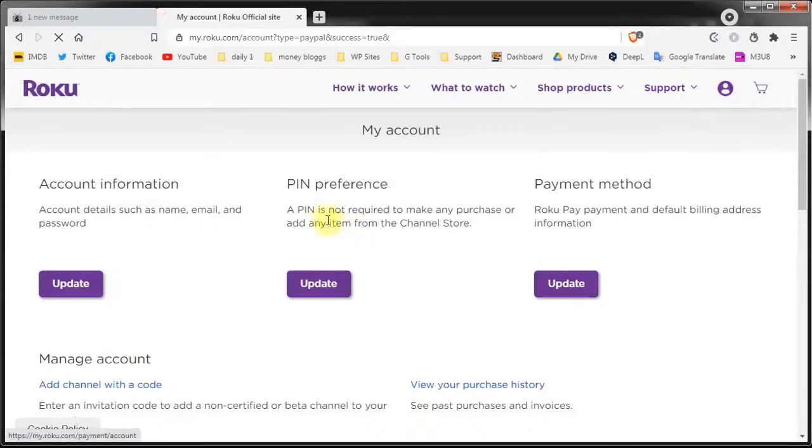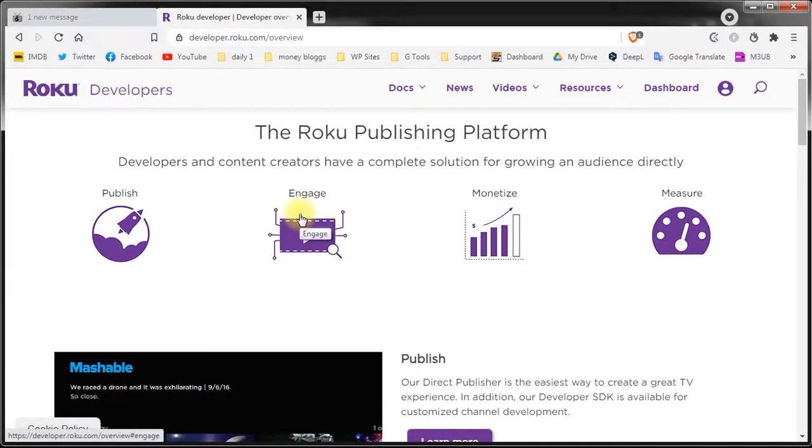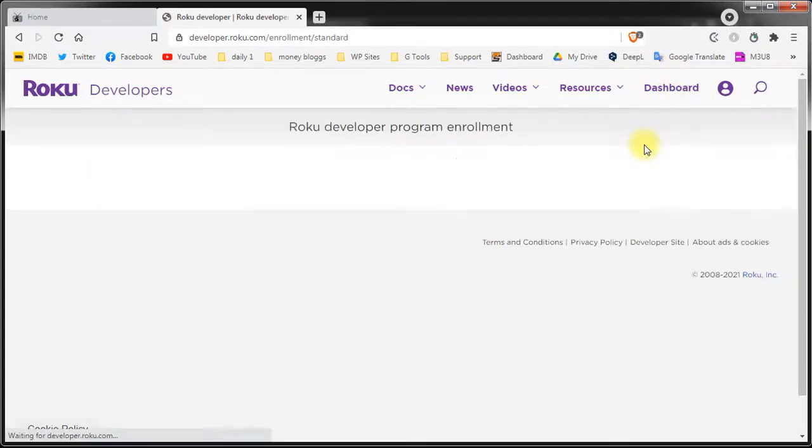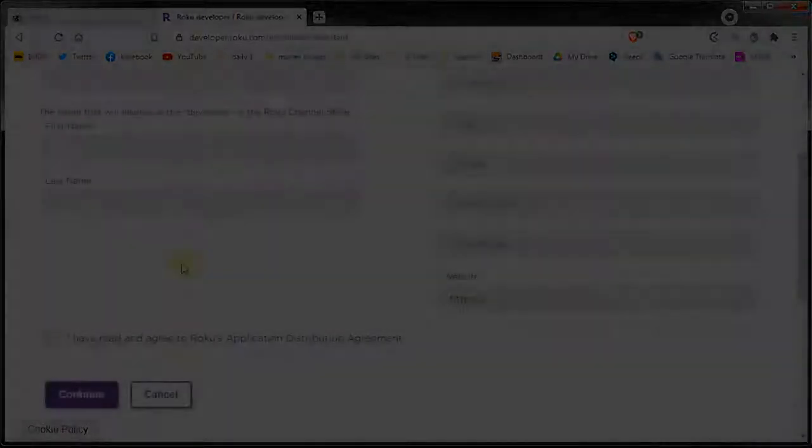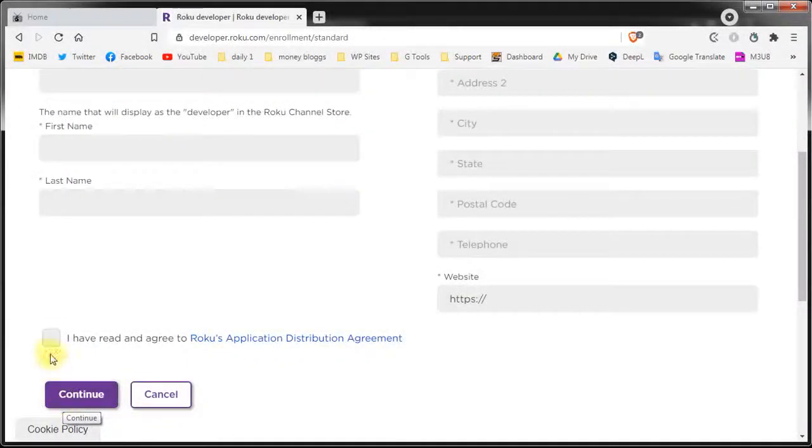drop down, click on Developers. To enroll in the developer program, click on Dashboard. You'll need to provide some basic information to enroll in the Roku developer program. You can join the developer program as an individual or company, and after you fill in the data, you just click on continue. After you submitted your information and you click continue, you'll arrive to the Roku Partner Payouts program